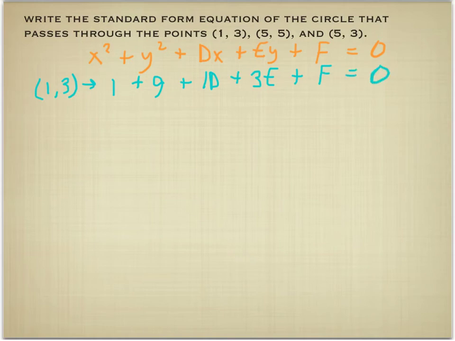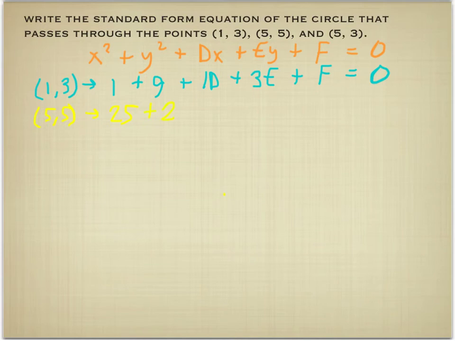There we go. So I end up with, let's see, I think I'm just going to do this and show you what I'll end up with toward the bottom here. Another color here, hopefully this will show up. Another point I want is (5, 5). So if I sub that in for everything, I'm going to get